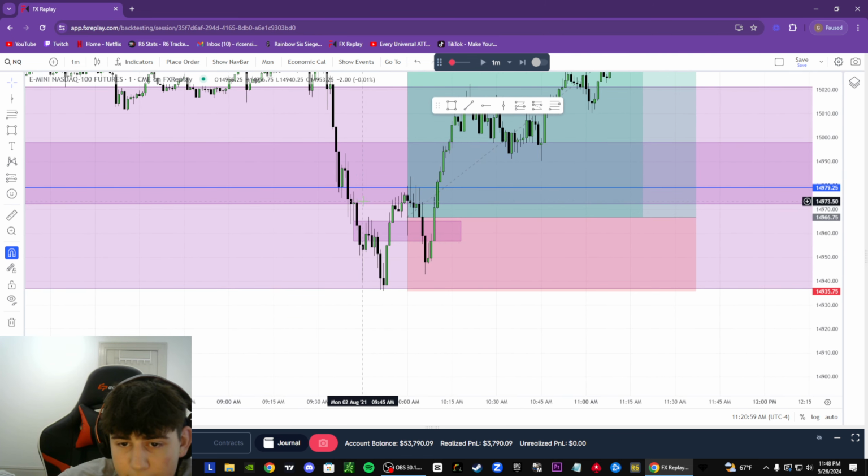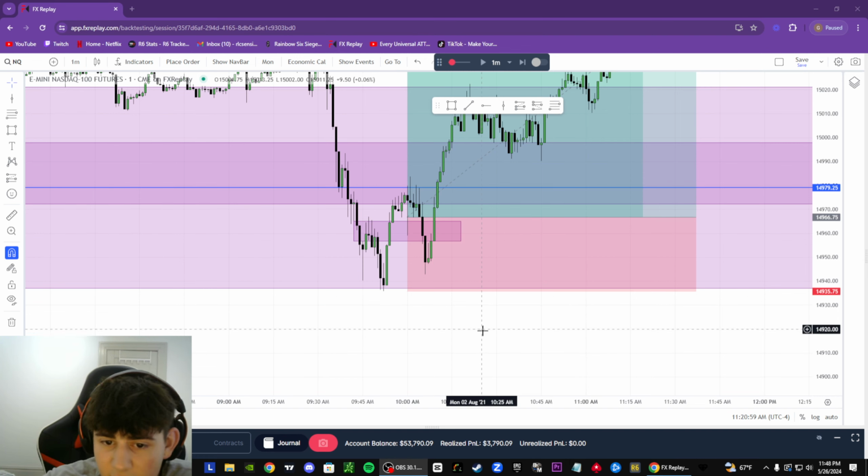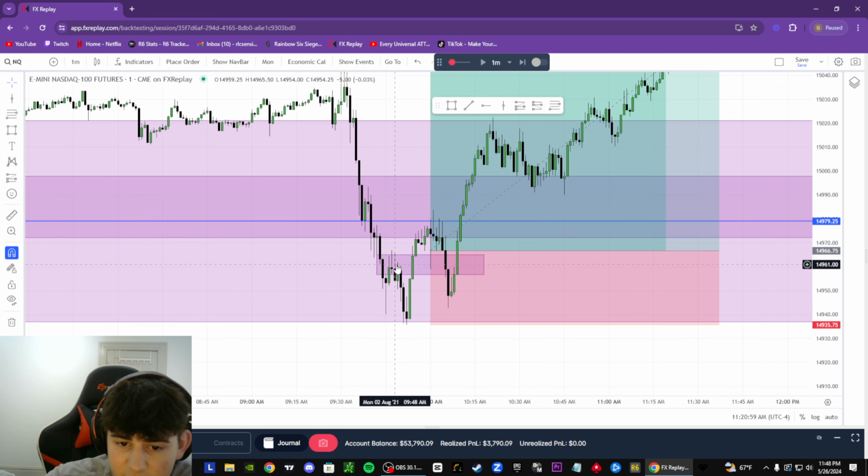So part of this model is the leg in the smart money reversal that creates a breaker block. Well, let me turn the volume down. The leg that creates the breaker block